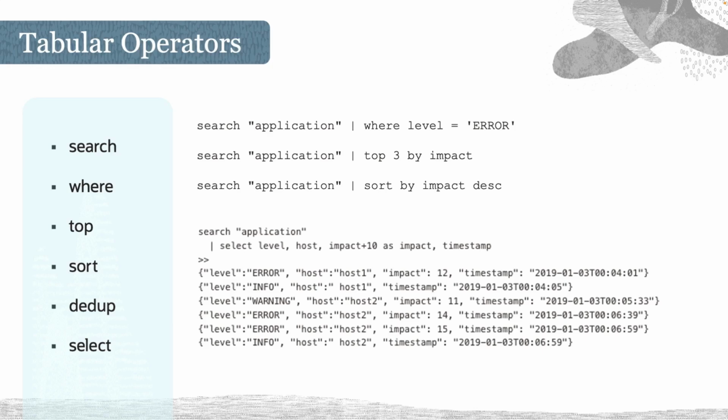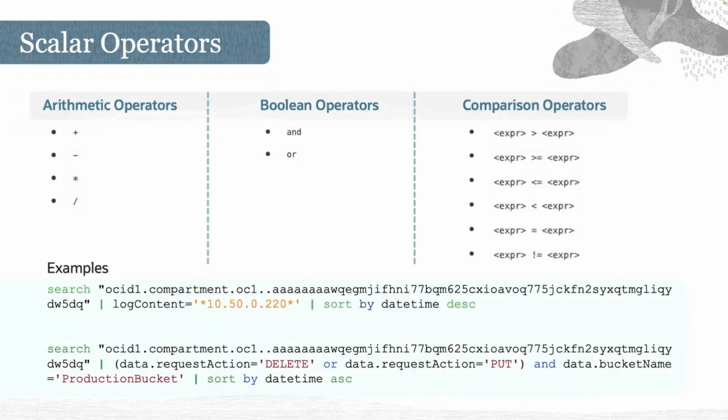And in the second example, you are returning the last 3 rows from the search application log stream. And in the next one, you are sorting based on values that are returned. And then in the last one, you are defining with scalar expressions to show the selected fields from the log stream. Now, scalar operators are another type of operators, and it is usually used in calculations or matching conditions or